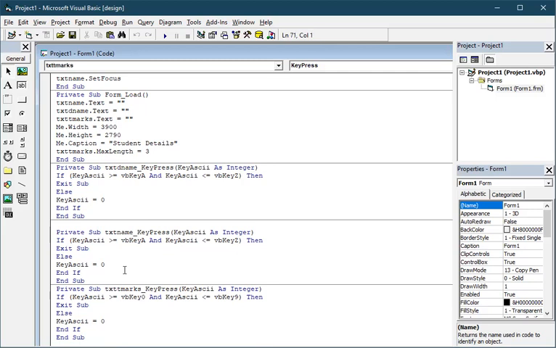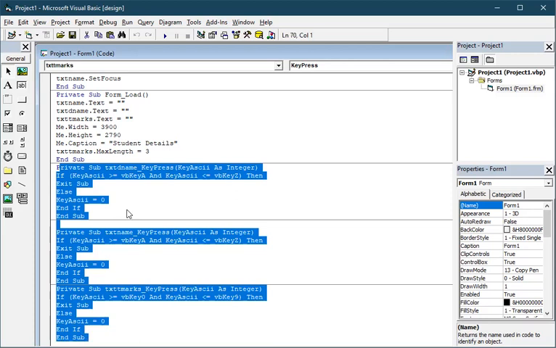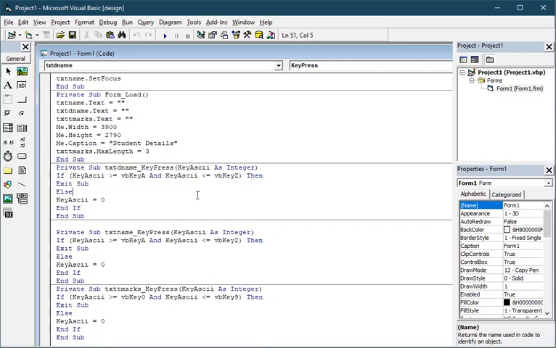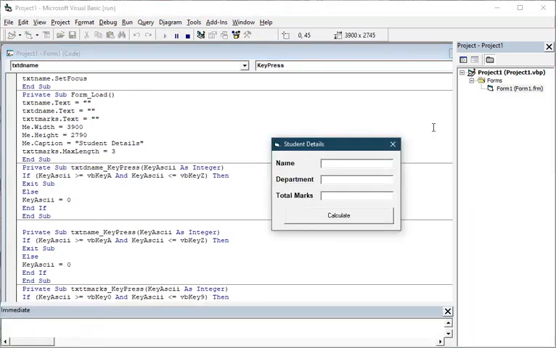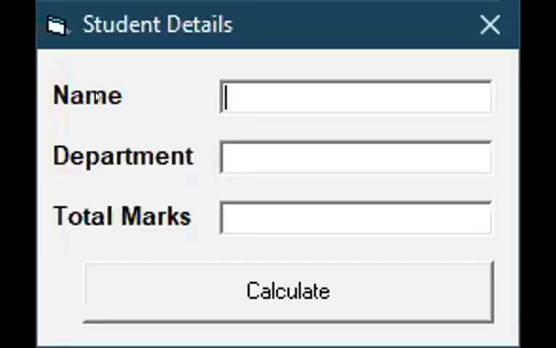For this purpose, we have used these things. As per the program, they have told us to validate the text box. So name and department, when you enter, it should be alphabets in capital letters, and marks should be between 0 to 9. Okay, that is the coding part. This program design is very simple. When we run the program, we can observe a screen coming up with only 3 fields: name, department, and total marks.